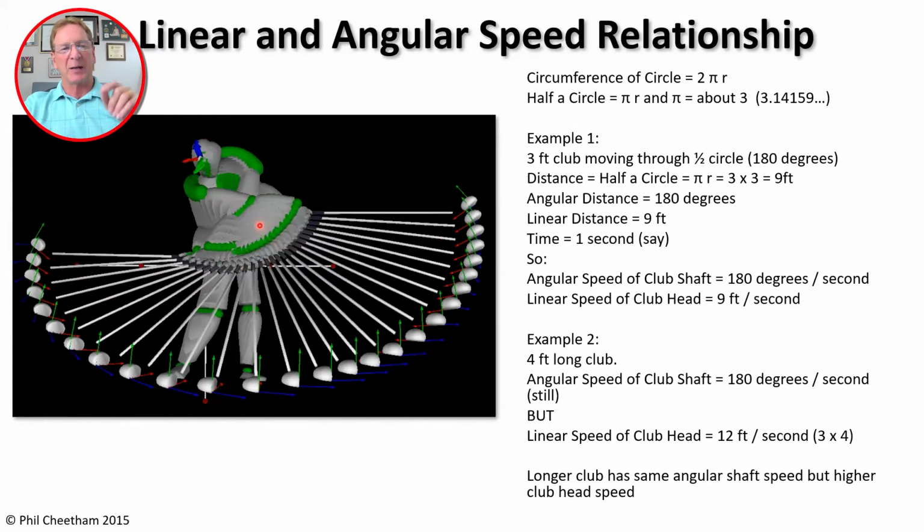Imagine that was a true circle, and imagine the club was swinging from horizontal through 180 degrees back to horizontal again. And we're going to do a little exercise, a little math that shows us the difference between linear speed and rotational speed. So if you all remember your math,